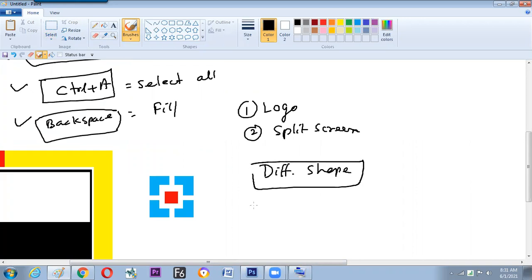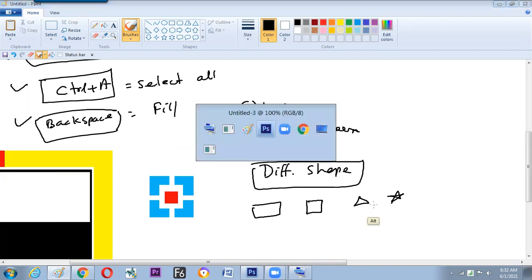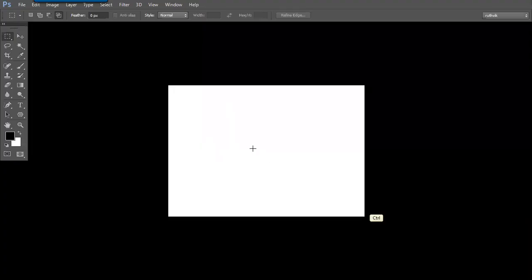Till now we have learned how to make a rectangle with a rectangle tool and how to make a square with a rectangle tool. But let us see how to make a triangle, a pentagon, a star with a rectangle tool. All the things are possible, but we need to work on it. Now the next option will be learning how to make the square rotate.